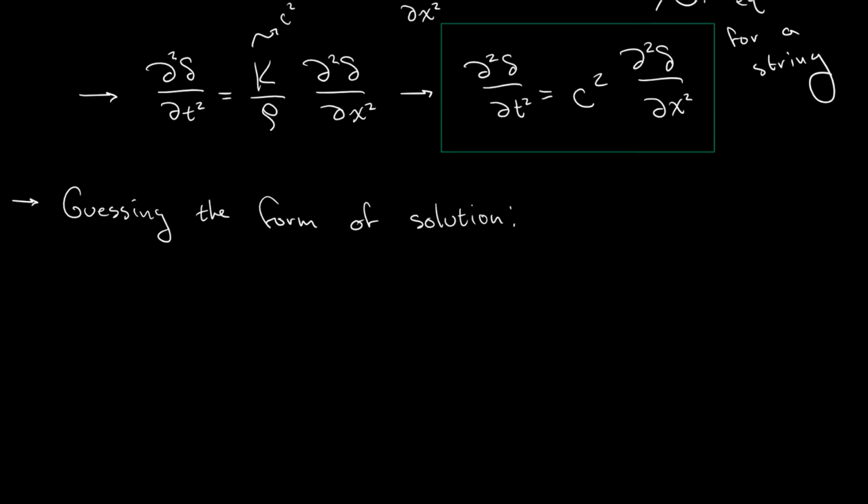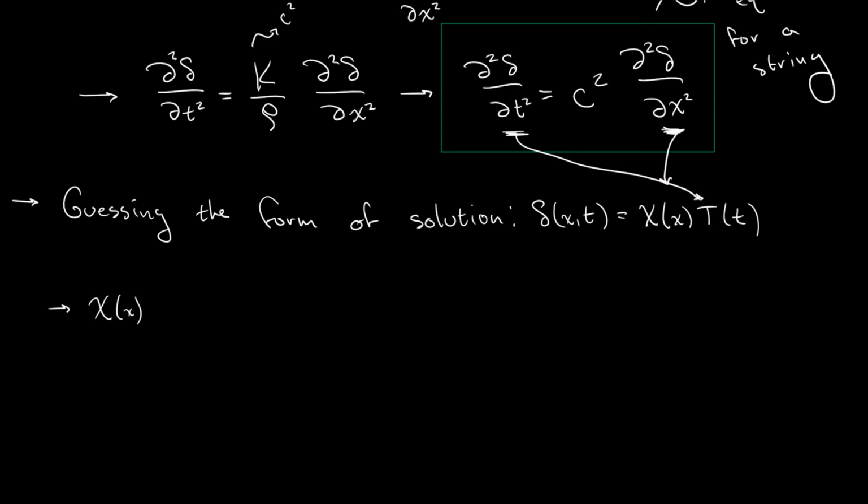In particular, we're going to guess that delta of x and t is just some function of x times a function of t. We don't know what big X and big T are, but we know that big X only depends on x, and big T only depends on t. So that when I take these derivatives, this derivative here is only going to see x, and this derivative here is only going to see t. So when I write this out, I get something like